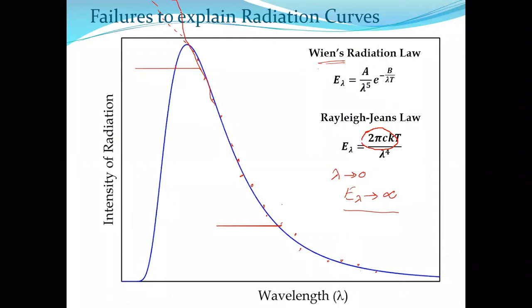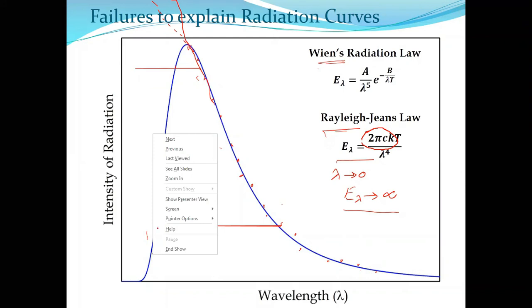But experiment says that E lambda should decrease. Beyond a certain value of wavelength, experiment says intensity should decrease. But according to Rayleigh-Jeans, E lambda should increase at lower wavelength also. So there is a large discrepancy. Hopefully you understand. When Rayleigh-Jeans theory says that at the lower wavelength side intensity should be very large, experiment says intensity should be very small. So at this wavelength, intensity is very small, but at this wavelength, E lambda should be very, very high according to Rayleigh-Jeans law. So there is a